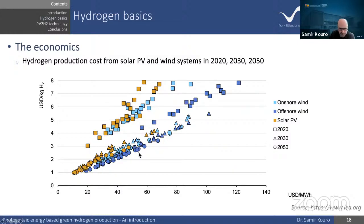So all the circles you find here are at the lower end, and all of the squares, which is the current scenario, are at the top, because there is where you have the highest levelized cost of hydrogen. And then if you go to the levelized cost of energy, which is in US dollars per megawatt hour, you can see that photovoltaic,